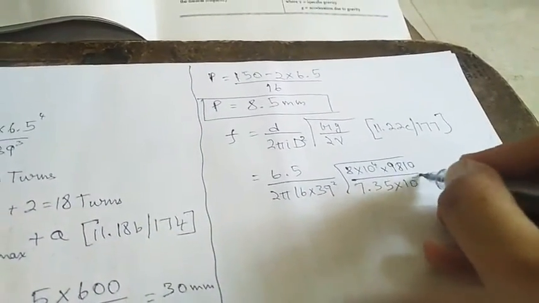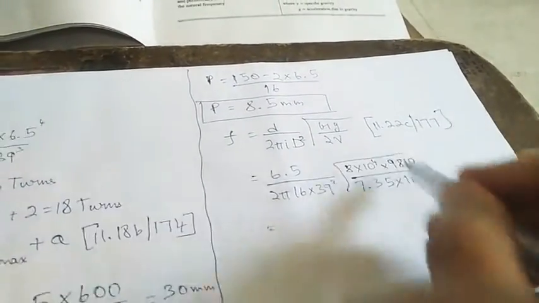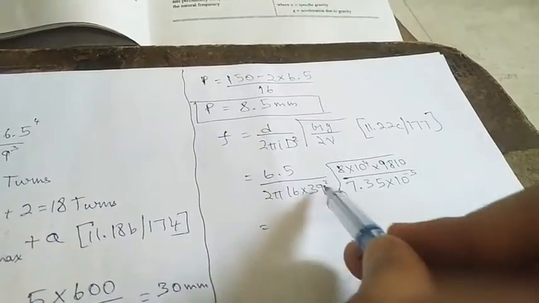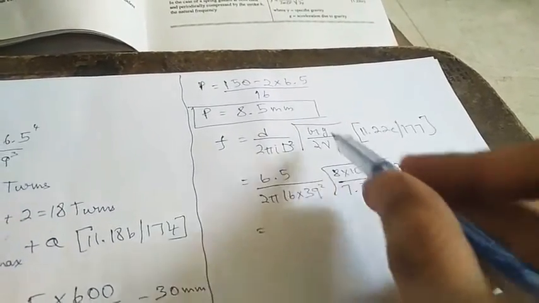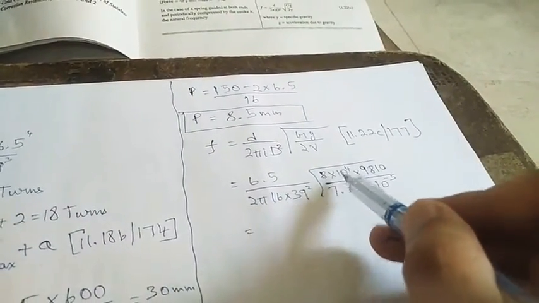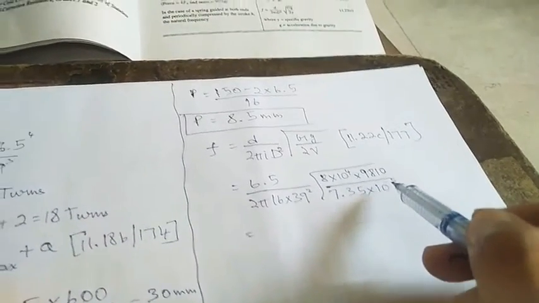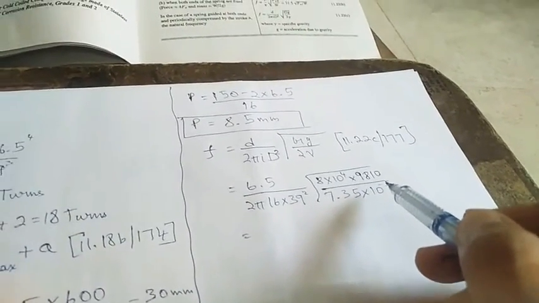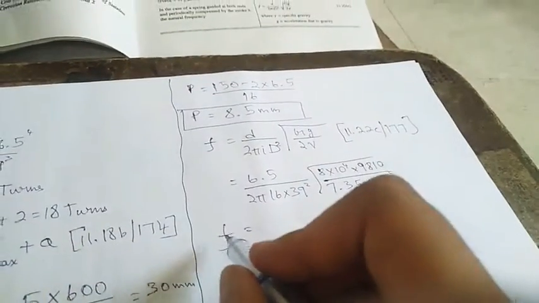So all the values are in mm. G is the modulus of rigidity, also in MPa or Newton per mm square, and mu is in Newton per mm cube. If we solve this equation, we'll get the value of F as